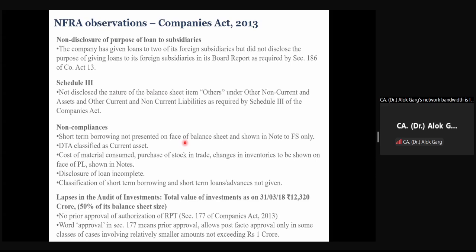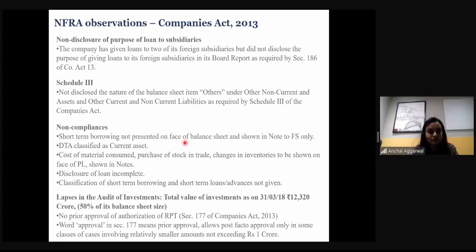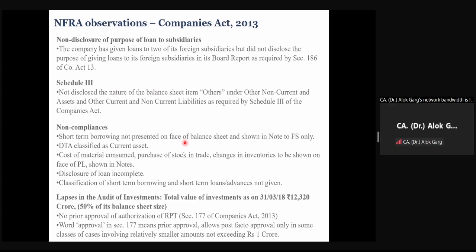Why? Because next year I'll have huge profit and this brought forward loss will be adjusted against the current year profits. Hence they have disclosed this deferred tax asset as a current asset. But the standard says, even in Indian accounting standard, it is specifically written, Para 56 of Ind AS 12 says that deferred tax asset or deferred tax liability